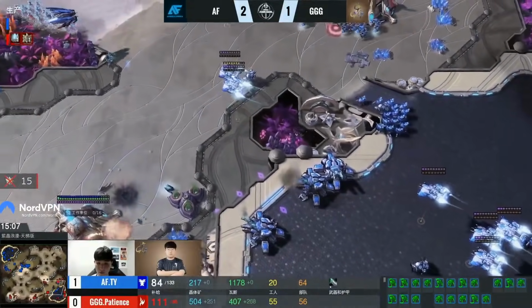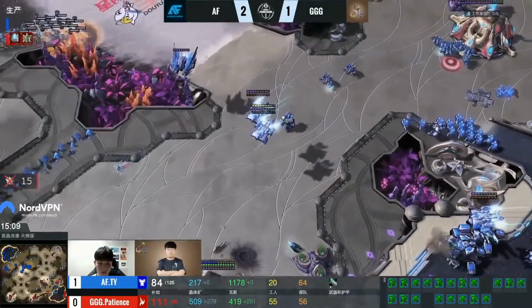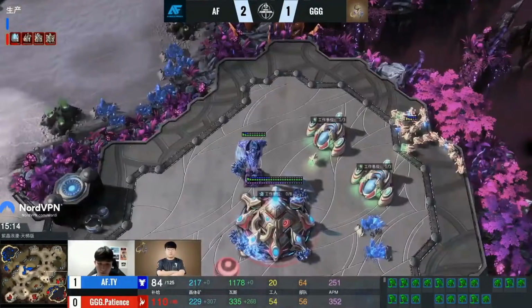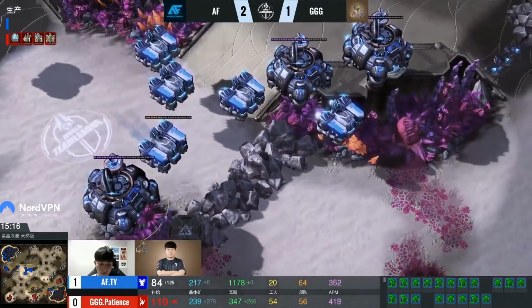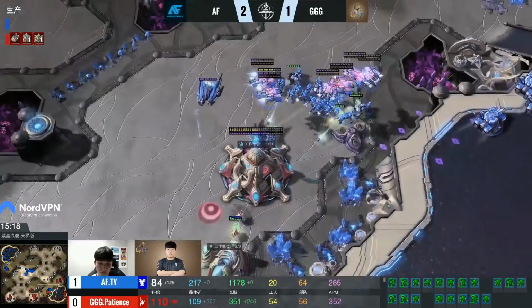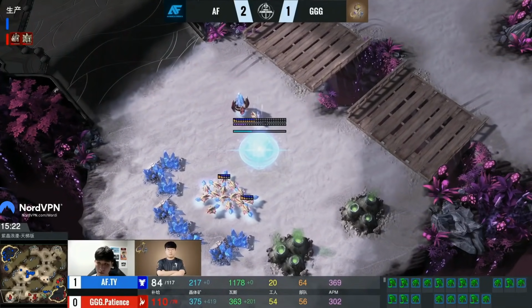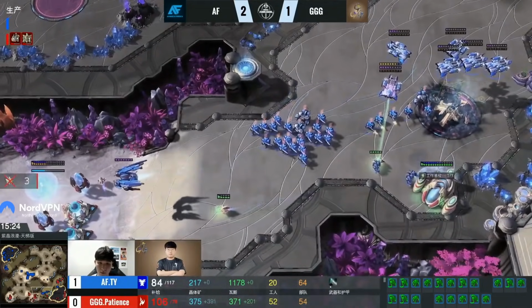They're out in this main base, just going to be seeing the DTs pulling back. Anti-armor missile goes onto the DTs as well. Patience still actually has more supply than TY. It's just holding Dark Templar. What if he made Archons? They just get kited, right? That's the issue with the Archons. Well, what if he just made a couple